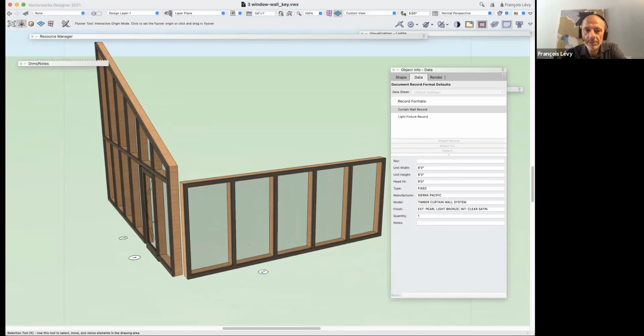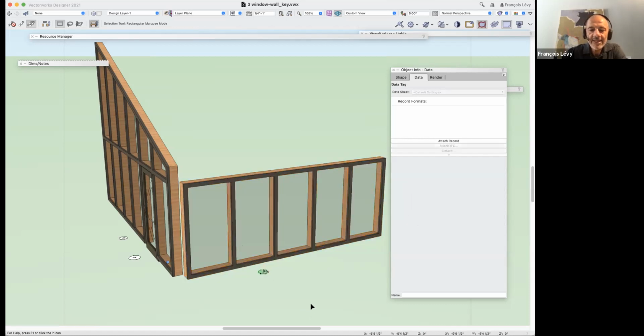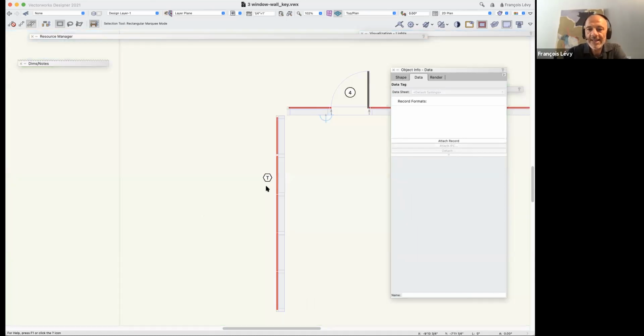Now, to be perfectly honest, one thing I have to do is manually tell it what height and width to make this unit, since it doesn't calculate the width and the height. But you can see that there is a data tag. Let's go to plan view. There's a data tag here. And if I go ahead and pull up my data tags,